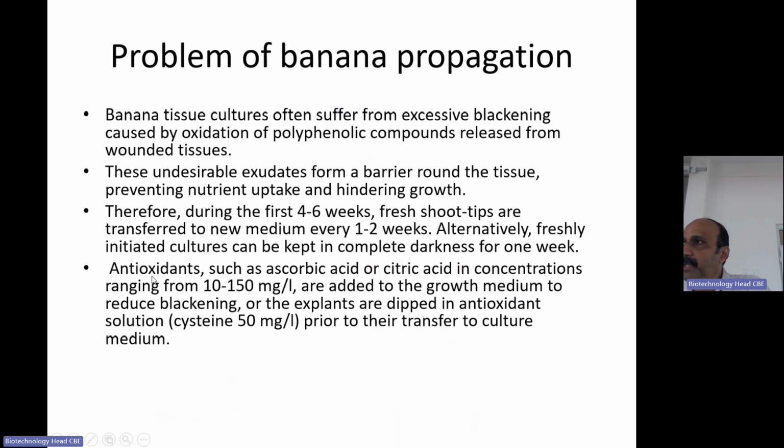Antioxidants like ascorbic acid and citric acid at 10 to 150 milligram per liter can also be added to the growth medium to reduce blackening. Or an antioxidant solution of cysteine can also be used to reduce the browning or blackening of those